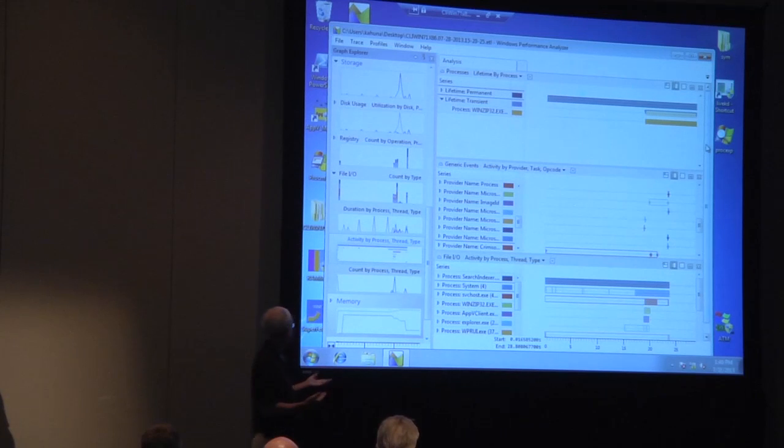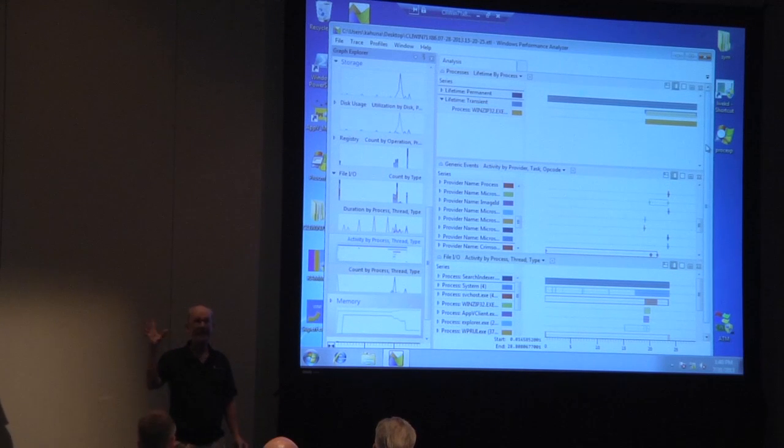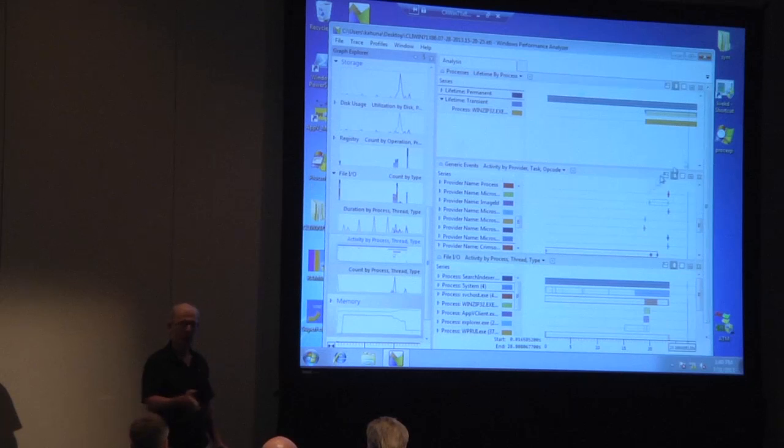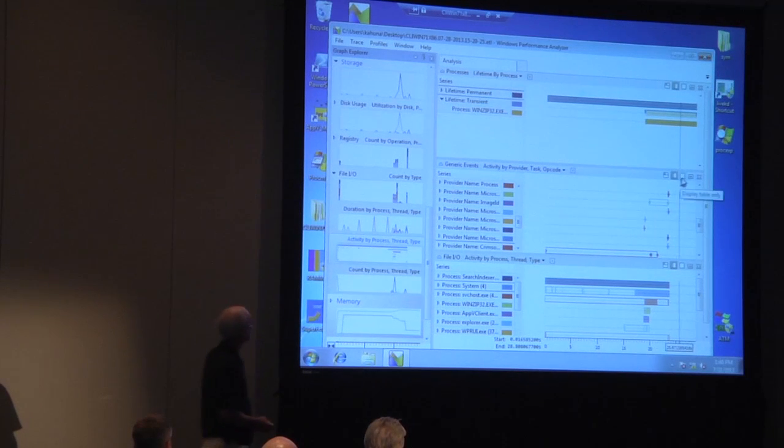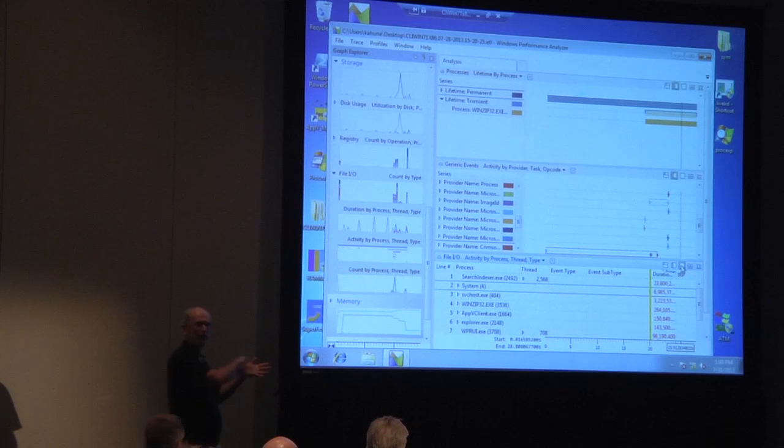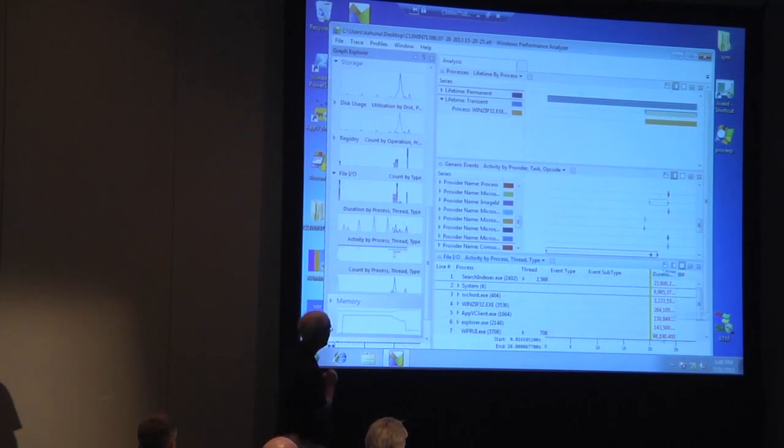Now, this particular problem, remember, we launched Winzip, we got this error dialog. When the error dialog happened, we got a Windows ding that happened, right? So those are always .wav files. So to find out where the problem happened, I can find the WAV file and start working backward from there. So we're going to go into the file I/O. And I'm going to ask Patrick to hit that second button there, which puts me in table mode. So I'm getting graphs, but all the detail is behind it. And if he now scrolls over to the right,